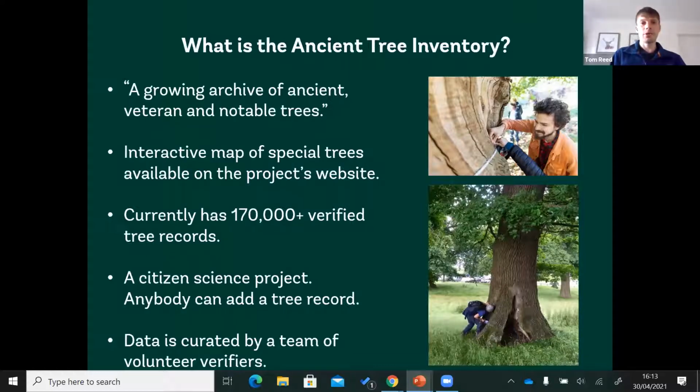Well, I'm sure I don't need to say it, but ancient and veteran trees are what you might call irreplaceable. Each one is completely unique. And at the moment, there is actually no formal legal protection specifically for ancient and veteran trees. So whilst the project originally started to try and map and raise awareness about the importance of ancient veteran trees,